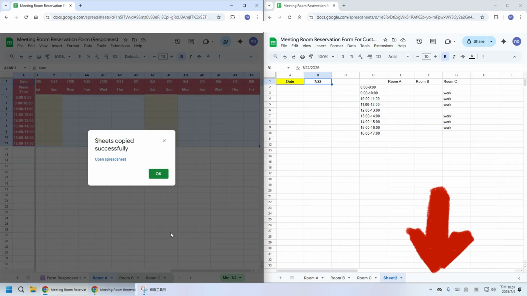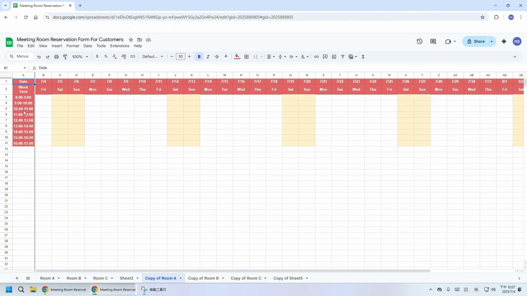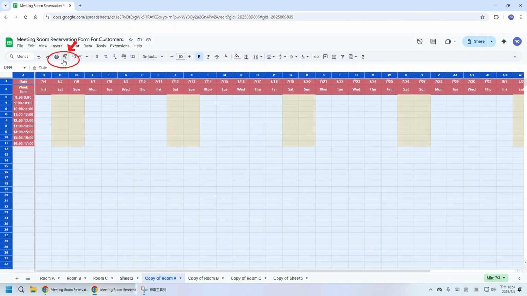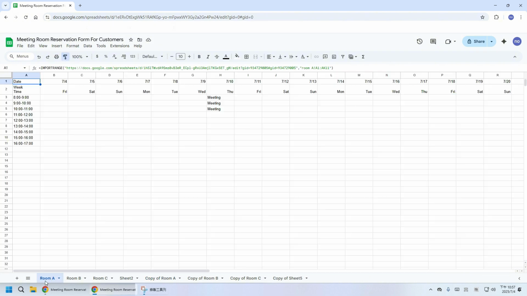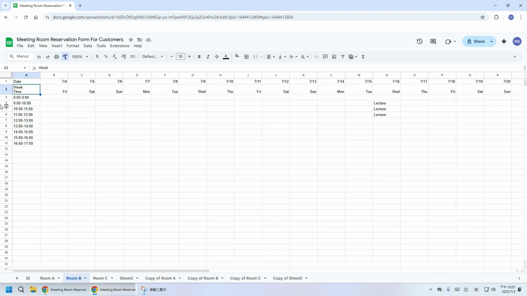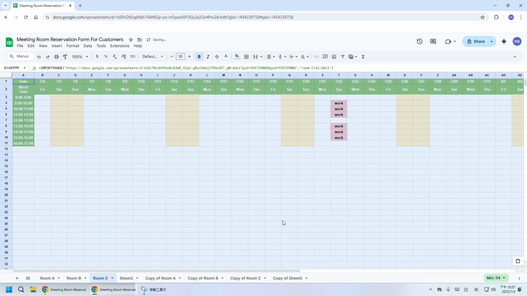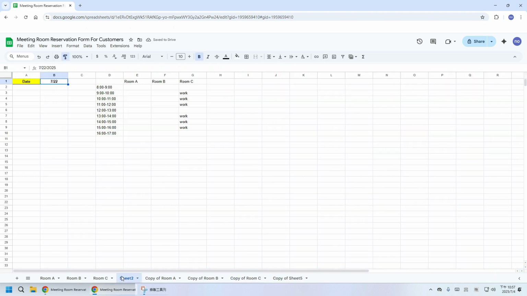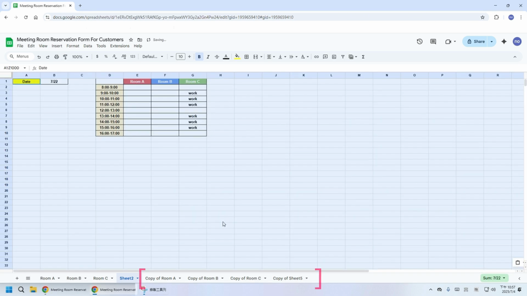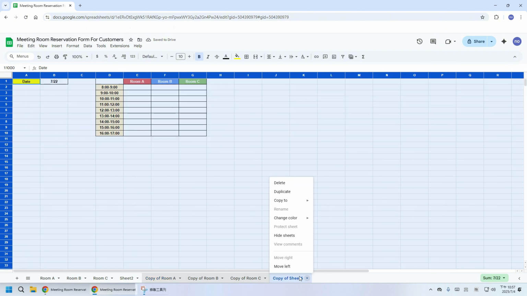After we get these sheets, we can use the Format Painter. And when we finished using the Format Painter, we can long press Shift to select the sheets we don't need and delete them all at once.